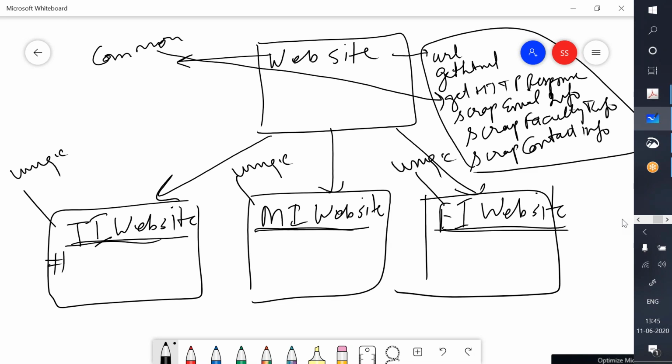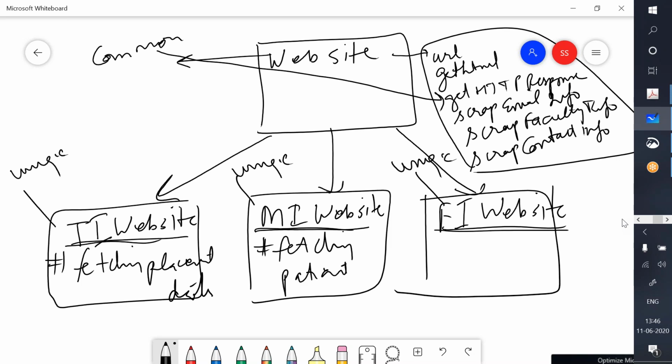And these websites will implement certain unique features as well. Like technical institution, here you may go ahead with fetching placement data. In medical institution websites, you may go ahead with fetching patient statistics.